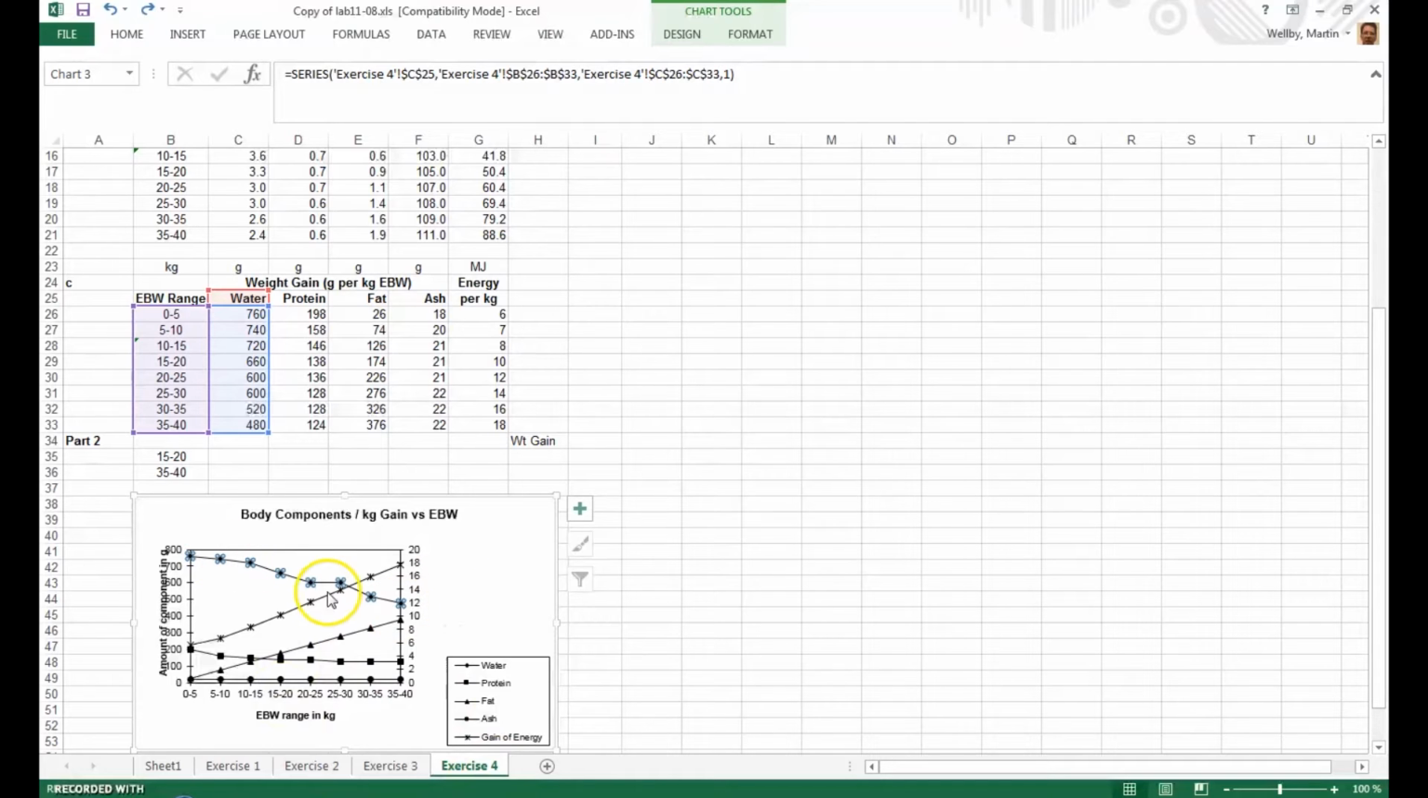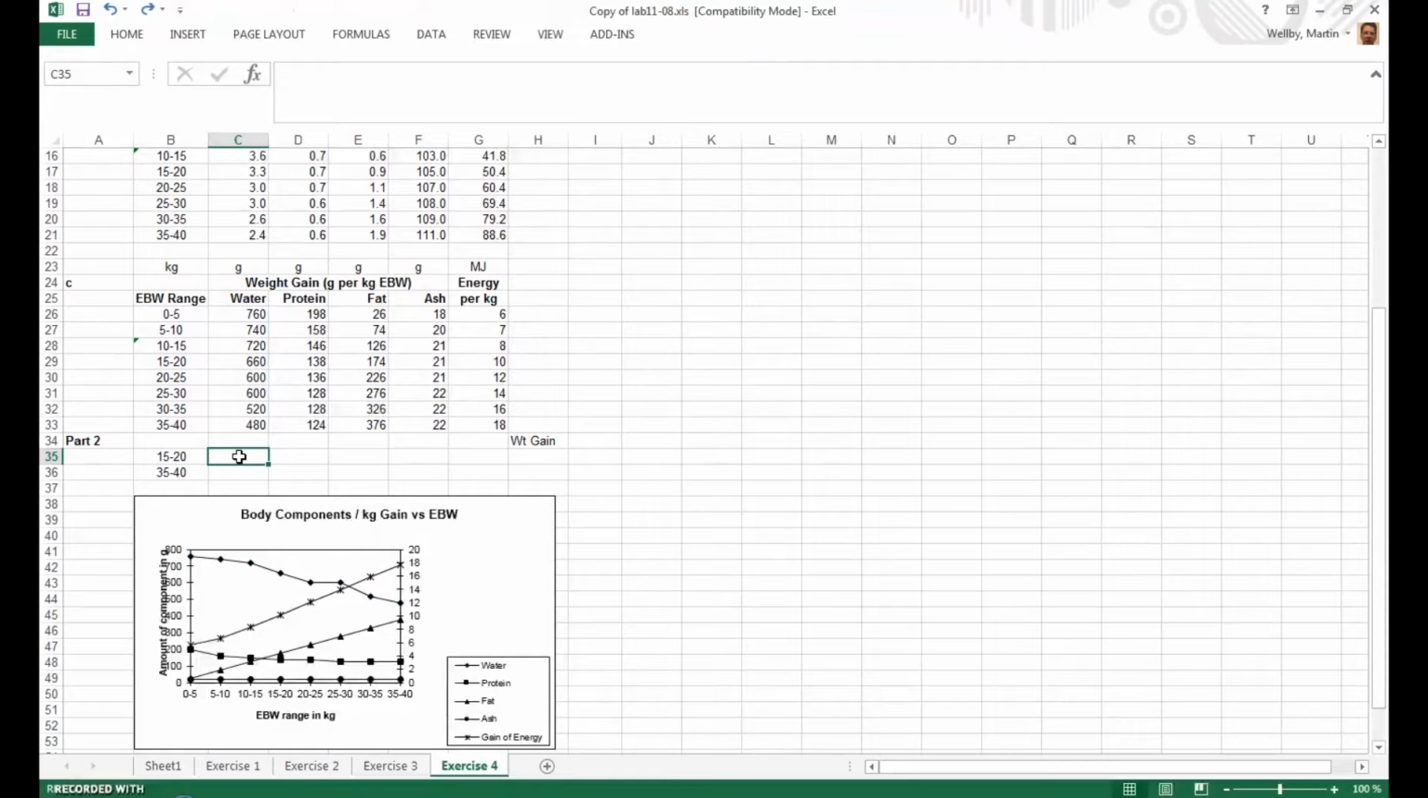The reason the water is dropping is because there is more water in the protein than there is in the fat. So if you start reducing the amount of protein and increasing the amount of fat, then the amount of water being added when you get up here is less than it was down here. Okay, so this last part here,